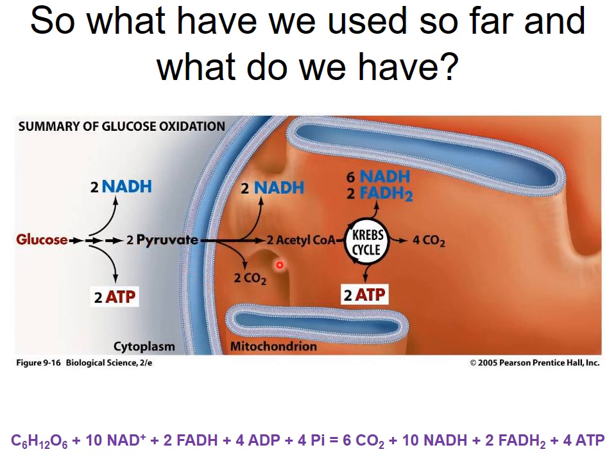2 carbon dioxides are produced along with 2 NADHs. Acetyl coenzyme A is produced, and we then have the Krebs cycle, which runs twice to produce 6 NADHs, 2 FADH2s, 4 carbon dioxide molecules, and 2 ATPs. So overall, we are looking at the products being 6 carbon dioxides, 10 NADHs, 2 FADH2s, and 4 ATPs after the first 3 phases of